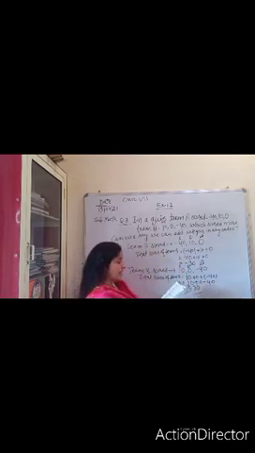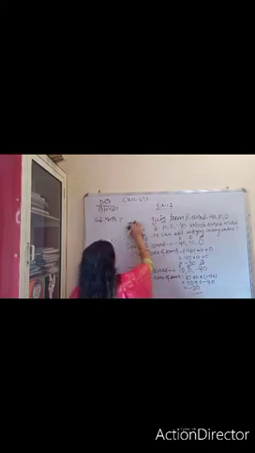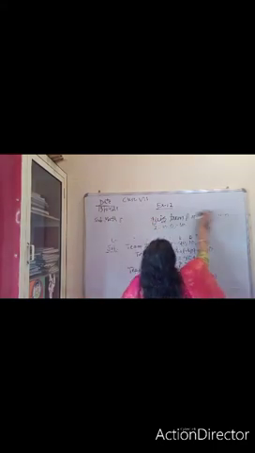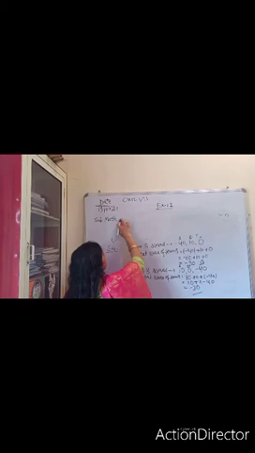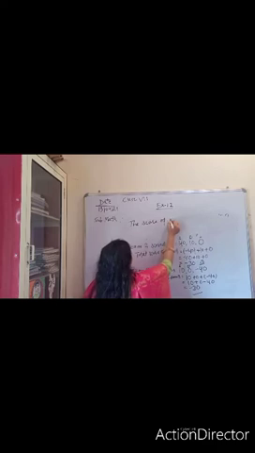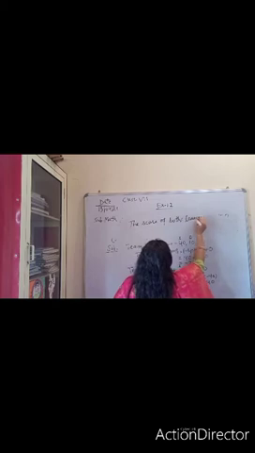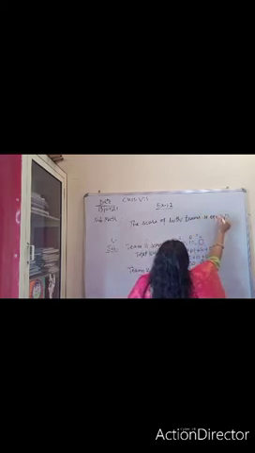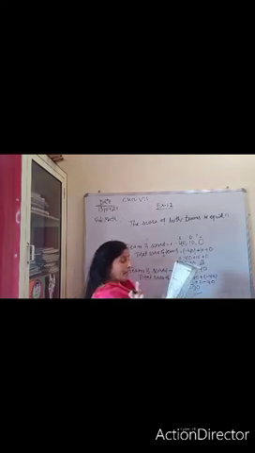In the next part it is asked which team scored more. We already got it. Then we will write here, I am rubbing the upper part. You can see the question from the book. So we can write: the score of both teams is equal. Now what is it asking in the next part? Can we say that we can add integers in any order?